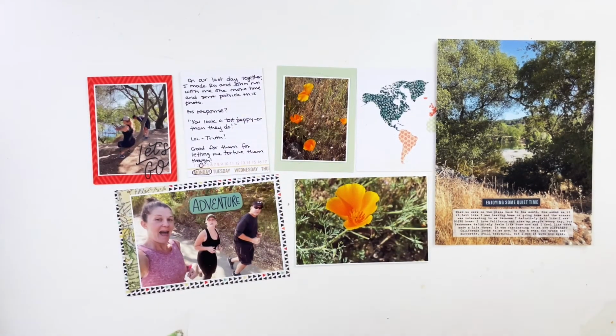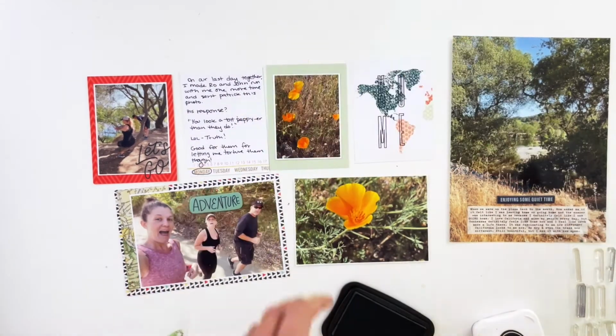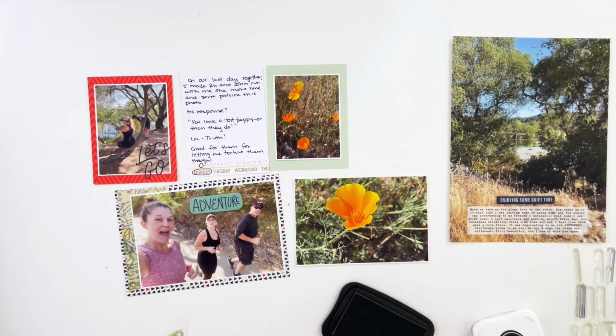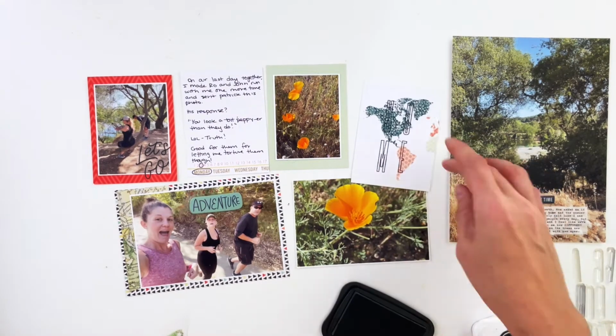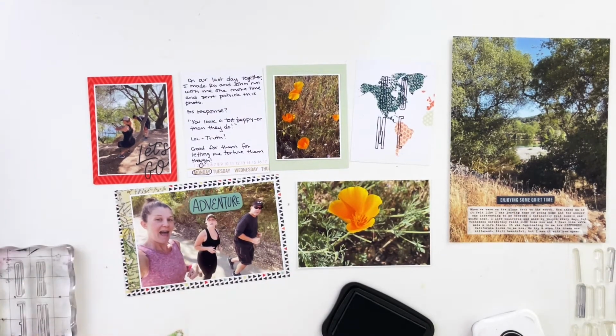I have a journaling card above that plus the photo, but these are actually back to back. So the running photos and the poppy photos are not going to go on the same side of the spread. The running photos are actually paired with my last video of my bestie